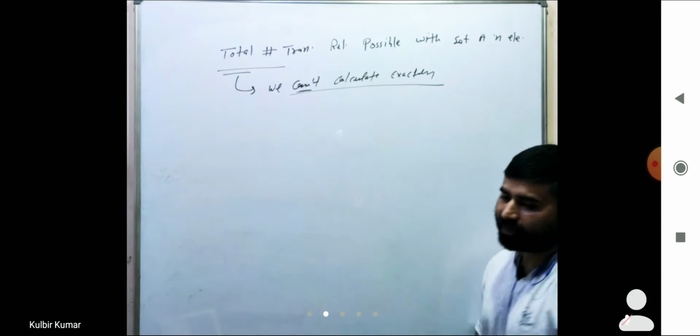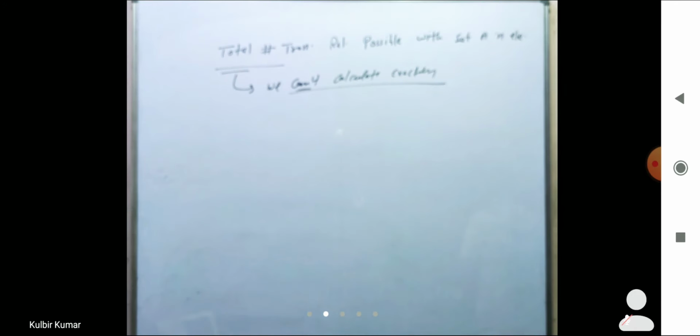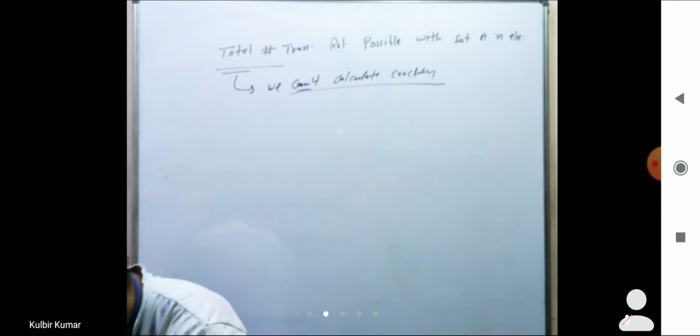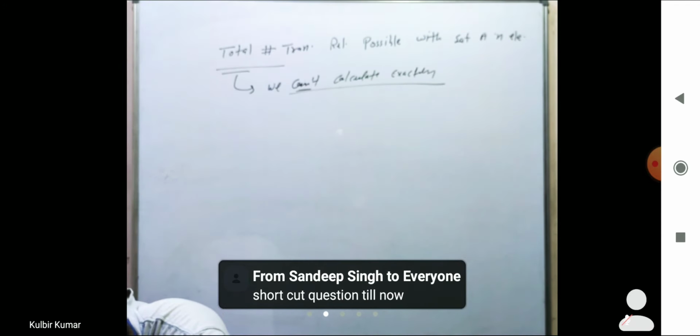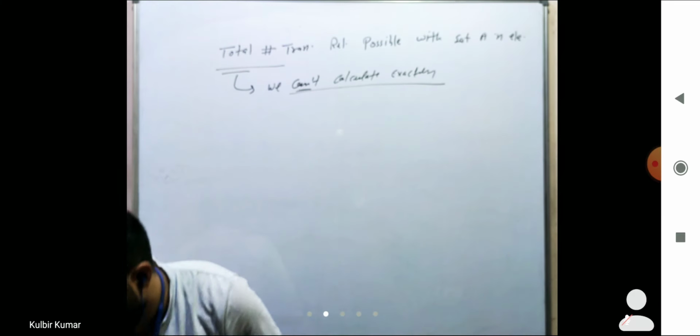We cannot calculate exactly how many transitive relations will be possible with n number of elements in the set A. ठीक है, एक काम तो कम हो गया ट्रांजिटिव के केस में, है ना, ये कैलकुलेट नहीं करना पड़ेगा। सो एग्जैक्टली ऐसा कोई थ्योरेटिकल फॉर्मूला नहीं है कि कैलकुलेट करेंगे, राइट, तो इट इज नॉट पॉसिबल। हाँ हाँ, शॉर्टकट का सर।